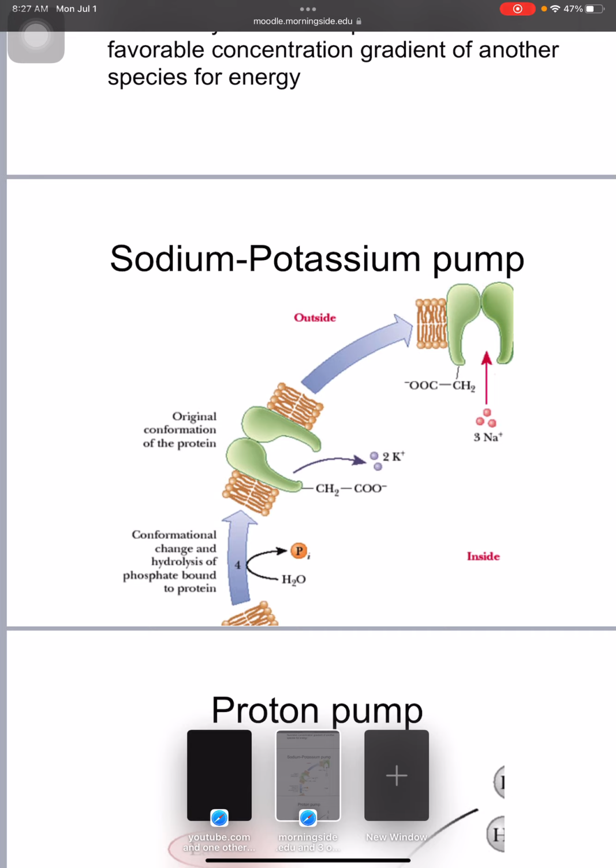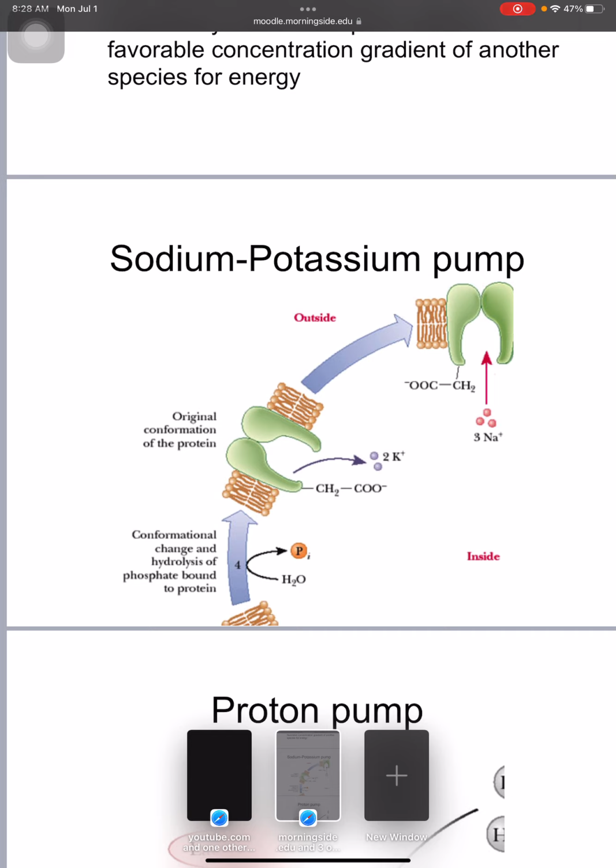So there's actually 2 important things that happen here. Number one, you're cleaving that phosphate group from ATP. That gives you the energy you need to drive against that concentration gradient. The other important thing, and this is the one that we went over in a previous chapter, is that when that ATPase is phosphorylated,